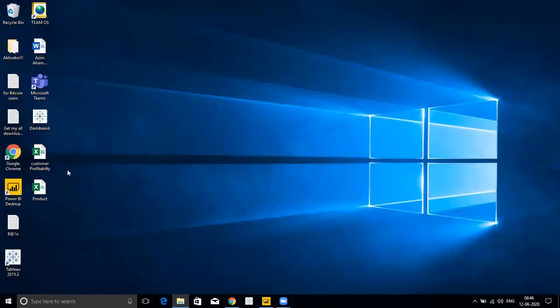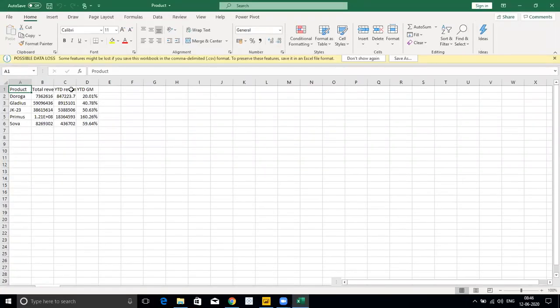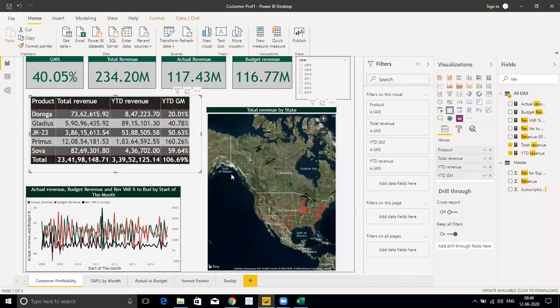Now I can open this file. That CSV file will open in Excel format. So this is the way you can export the data of any visual from Power BI.